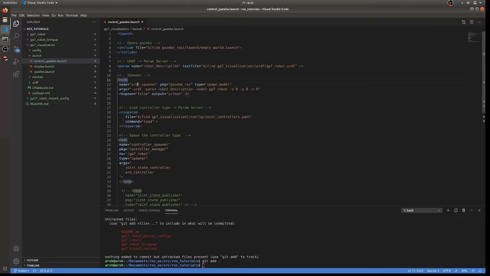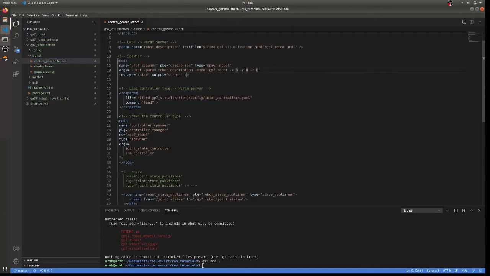And then we use a node called URDF spawner to spawn the robot, using the param switch, and these XYZ values say where the robot should be spawned. So you can spawn it in any XYZ location, or in any rotation also, and you can pass the joint values in here,